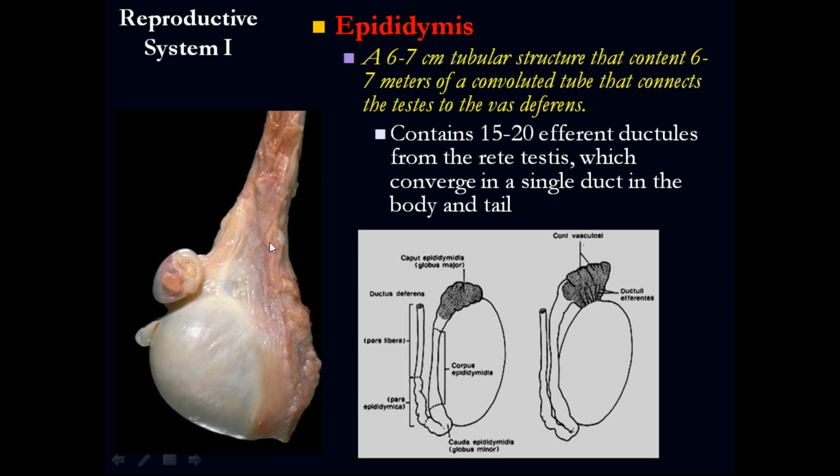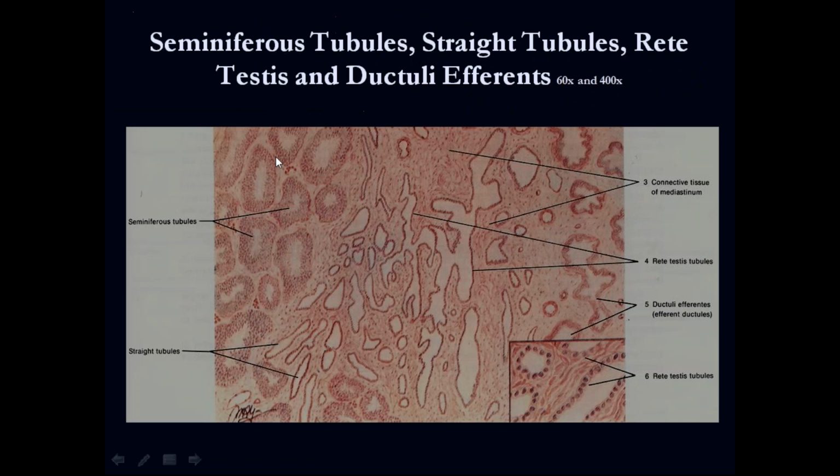So here, if you see, this is the head, the body, the tail, and from there they are going to start the vas deferens. The vas deferens is going to measure about 4 millimeters in diameter, and about 1 foot in length. So this is the epididymis, then we go all the way up. This is the vas deferens, and the vas deferens is going to travel together with the arteries and veins that are part of the spermatic cord.